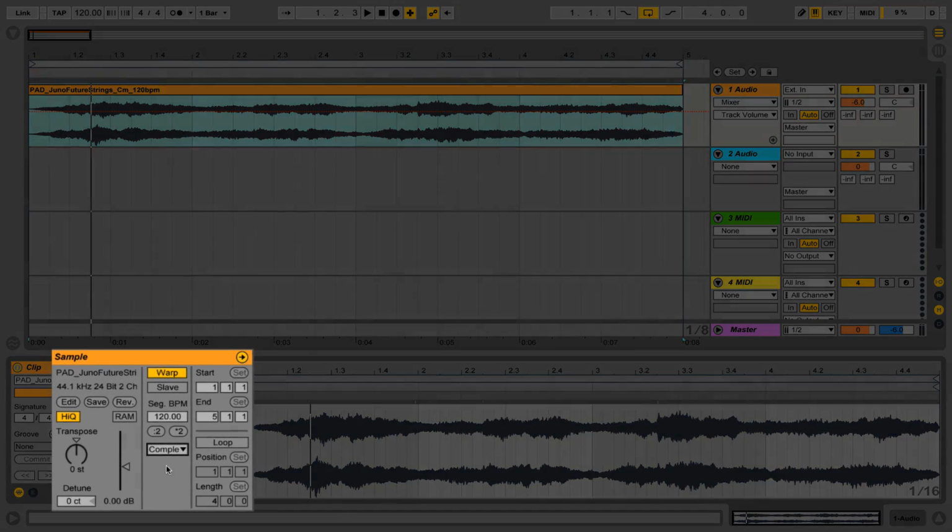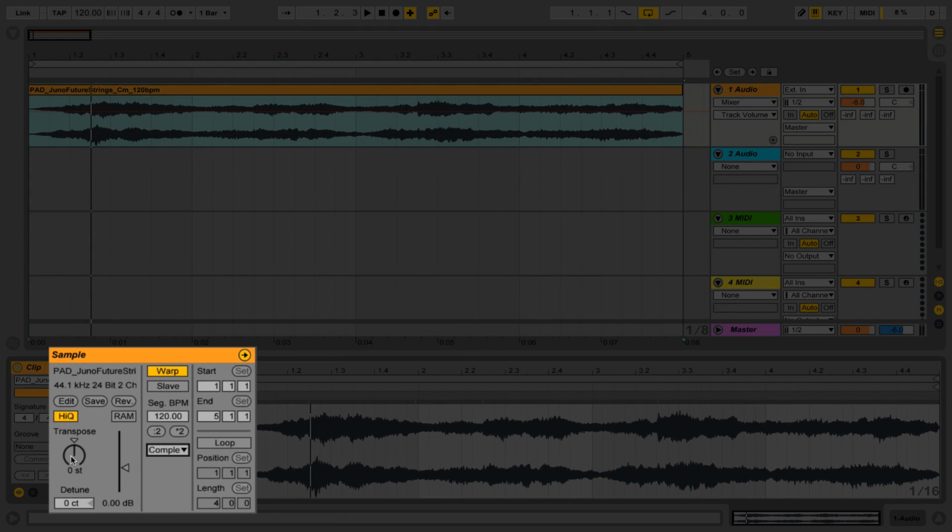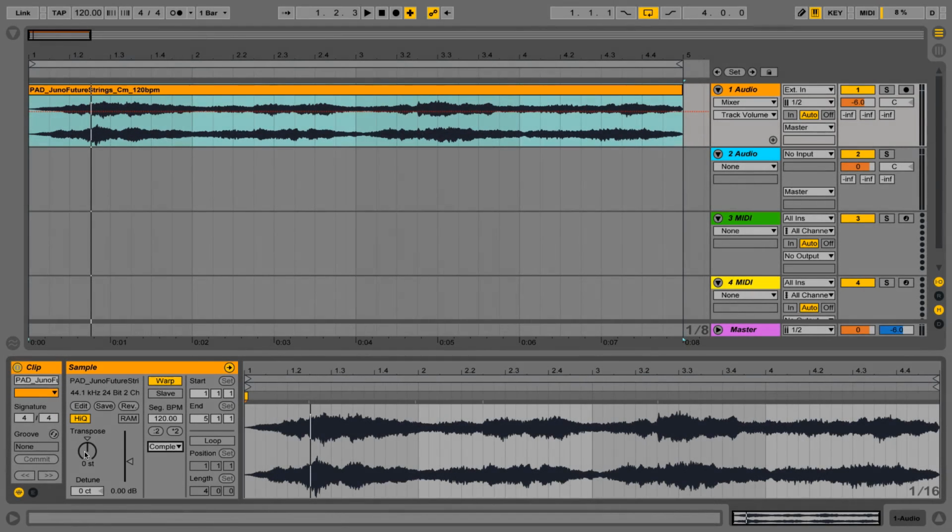Now complex mode is great because it gives us the freedom to transpose without changing the length of the sample, or vice versa. It gives us the ability to change the length of the sample without transposing it. And it doesn't do any sort of slicing, but there are some downsides to complex mode. I've noticed with complex mode, if you've got something with a lot of high frequencies, hi-hats, shakers, white noise,